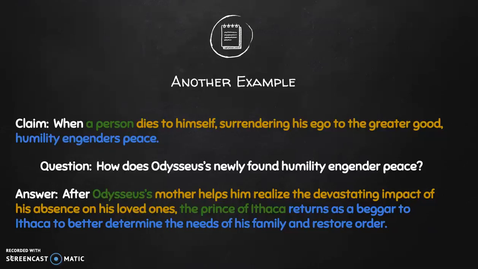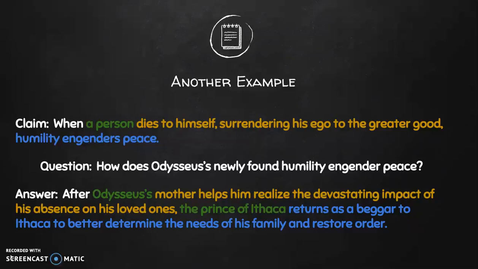Okay, so you can see that the general statement about a person becomes a statement about Odysseus. The idea of dying to oneself and surrendering the ego to the greater good becomes mother helps him realize the devastating impact of his absence on his loved ones. So what does he do as a result? Well, I'm arguing that he returns as a beggar to Ithaca to better determine the needs of his family and